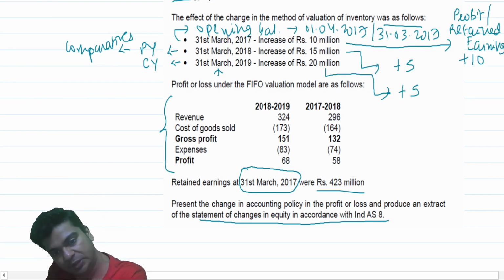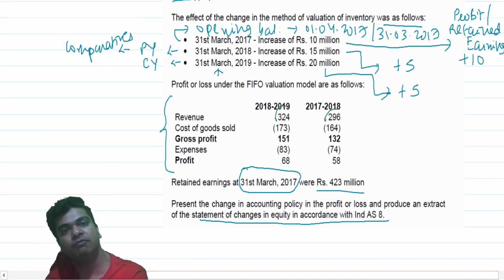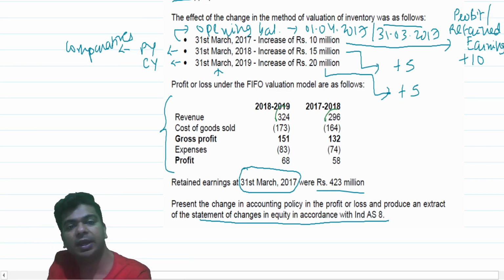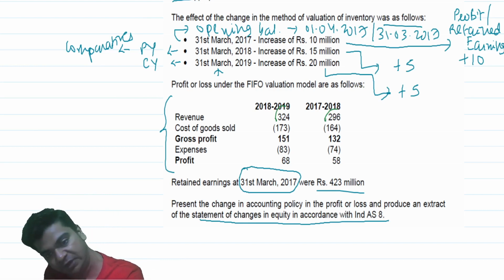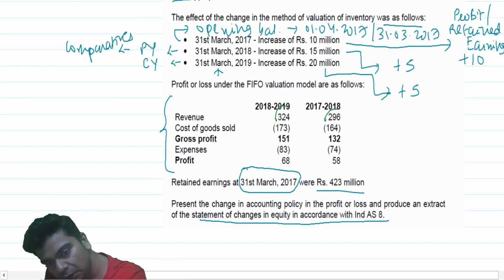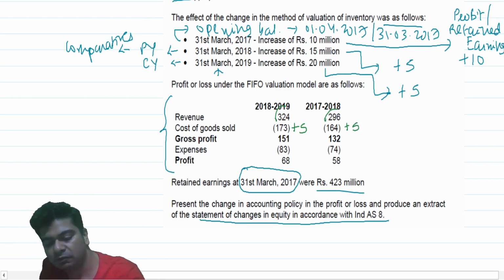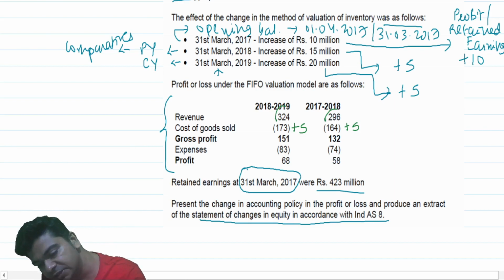What you should really do is, there's 173. Revenue will remain as it is. Revenue will not change, but the cost of goods sold will be decreasing. The moment the closing inventory will increase, the cost of goods sold will decrease. To 173 negative, I should add 5, and to this I should add 5. Add 5 in a sense, I have to reduce it. 173 and 5. We say 173 minus 5.